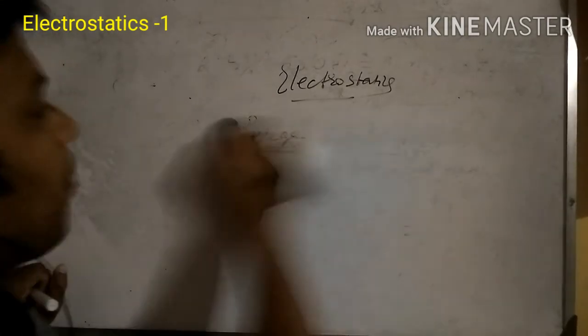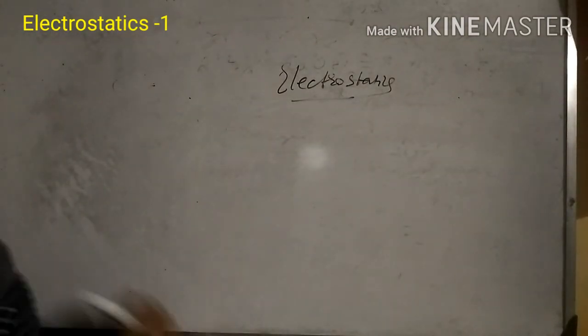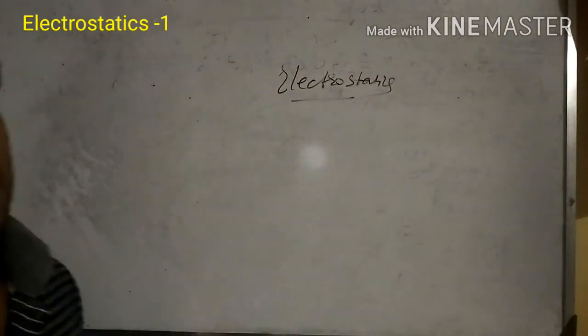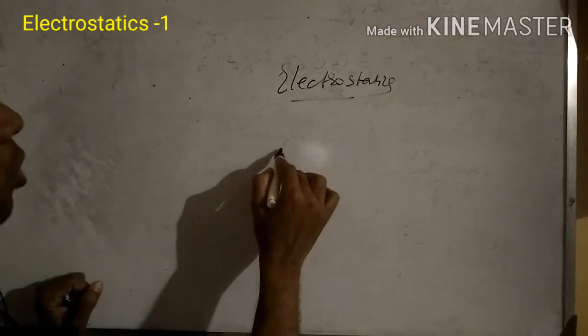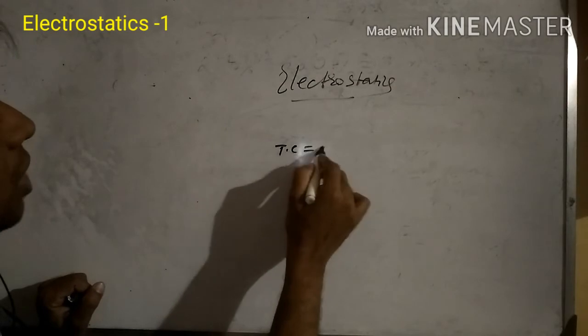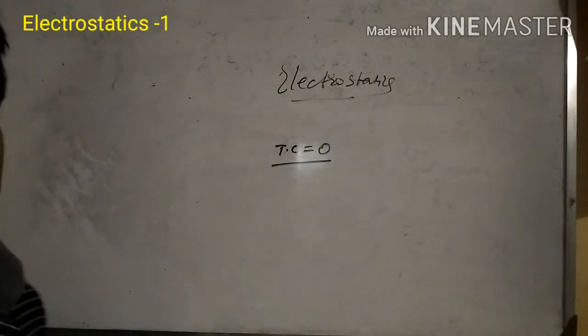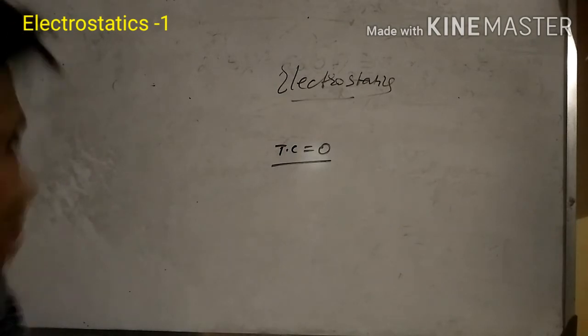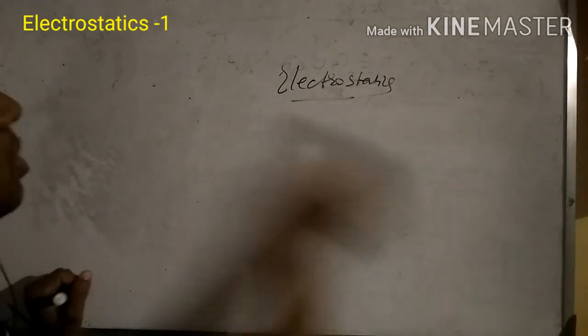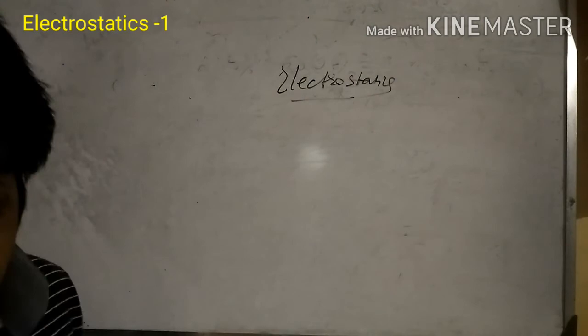In an atom, there are equal numbers of positive charges and negative charges. The positive charges come from the protons and the negative charges come from the electrons. So, as a whole, the total charge is 0 because the electron and proton have an equal amount of charge, equal and opposite. So the total charge of an atom is 0. That is, the atom is electrically neutral.